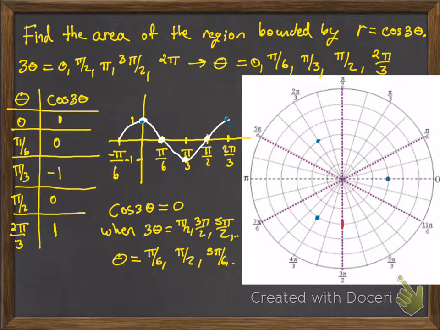And I'm actually going to use my graph here, and that's going to help out with sketching the curve here. So at 0 radians, we're out at 1. And then as we approach pi over 6, our graph is going back to 0. So we'll start out at that point over there on the right, and we'll start curving in towards the origin. Okay? Now, between pi over 6 and 3 pi over 3 right here,